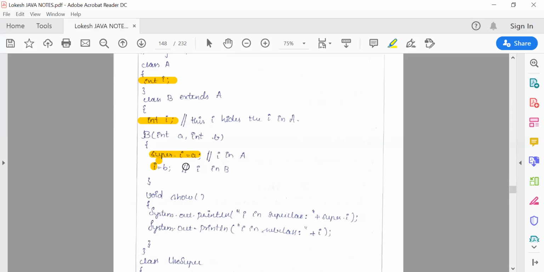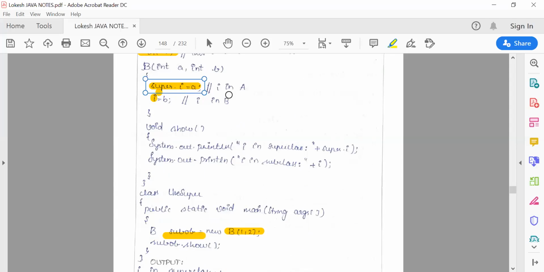Here there's a concept called overriding. So we're using super. In case something is of this kind, say instead of I I took it as J, there is no overriding concept there. So directly you can write I equals A, J equals B. Since the superclass member has the same type signature as this one, overriding takes place. To invoke your superclass members, we do that with the help of super. I hope you understood this, guys.